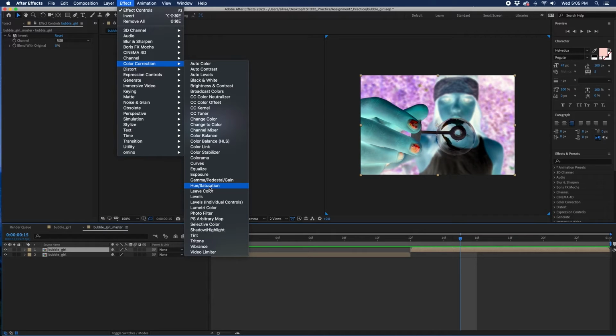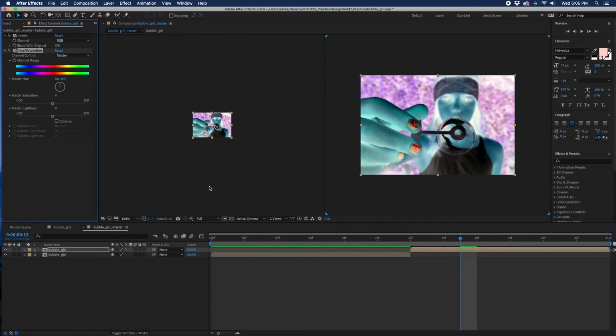And we talked a little bit about this Effects tab last time as well. So it's living right next to the Project tab. There's my Effects tab for the layer that I have selected. And there's my invert, you can see that, and then right below that is the hue saturation, and then right here where it says master hue,